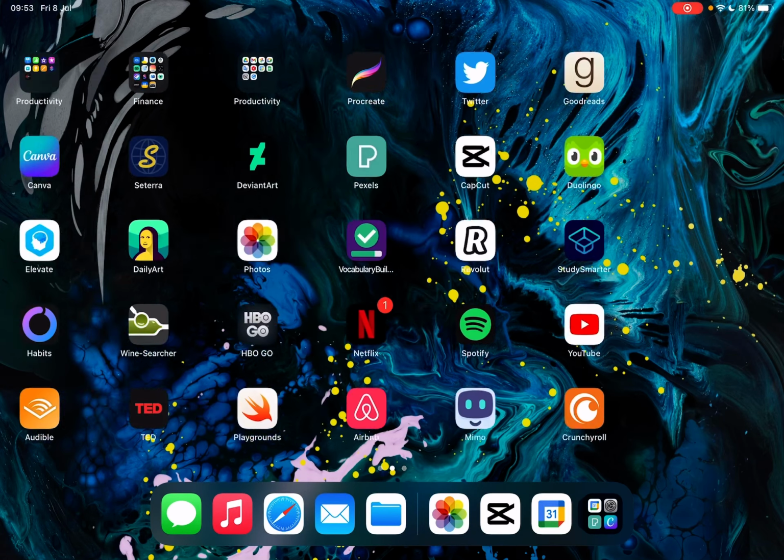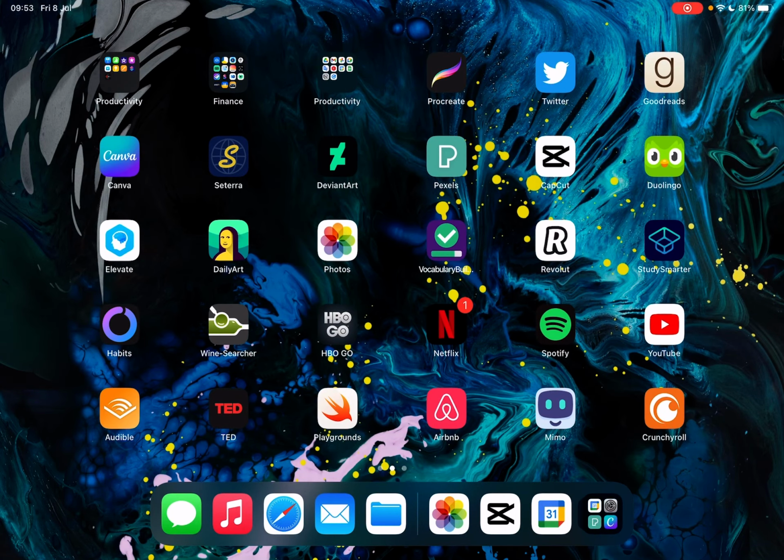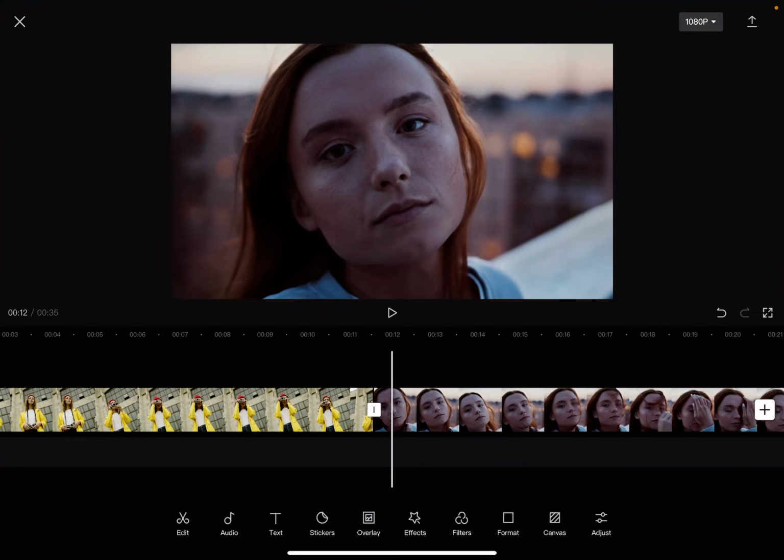Hello guys, in this video I'm going to show you how to add Memojis to your videos using the CapCut